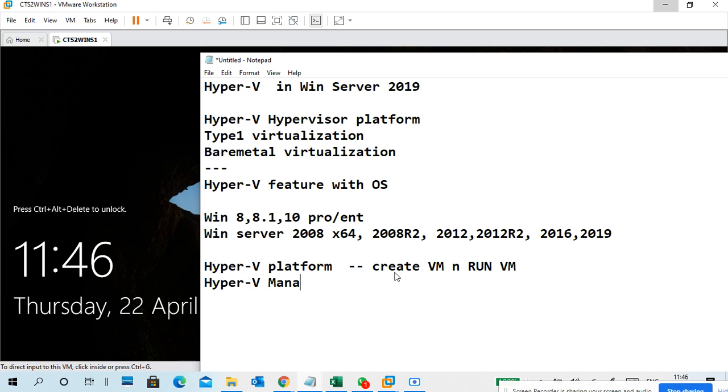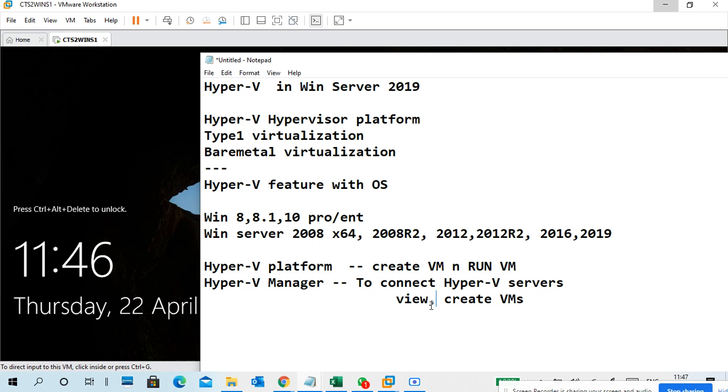Another one is Hyper-V Manager. What is the use of Hyper-V Manager? It is to connect to Hyper-V servers or others, so you can connect to Hyper-V servers, view them and create VMs.